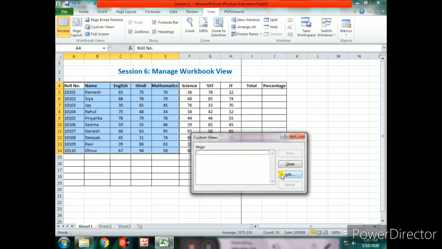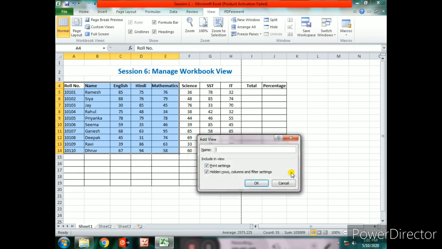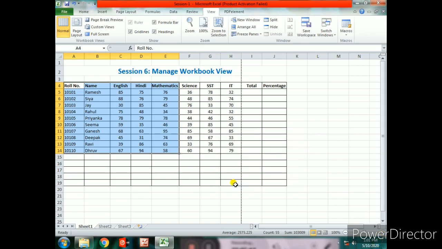Here we have four options: show, close, add and delete. Click on add, I will give the name My View and click OK. So in this way we can create the customized view.